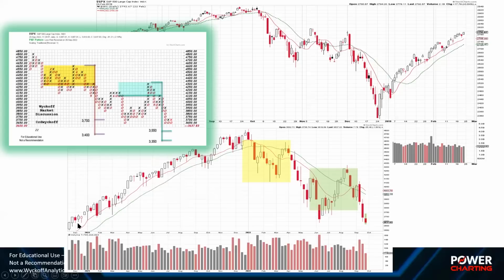Here is point and figure counts. This yellow count here is this yellow area, which goes 3,700 to 3,400. We have fulfilled that count, actually did it in June. Now in the green box, we have another count that across this area goes 3,550, 3,350. And so we have the potential, as was the case in 2018, to go down to lower lows,